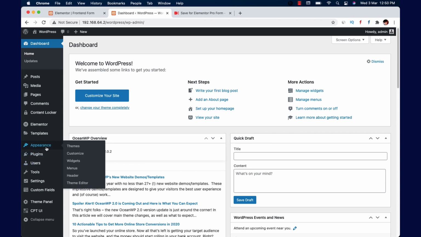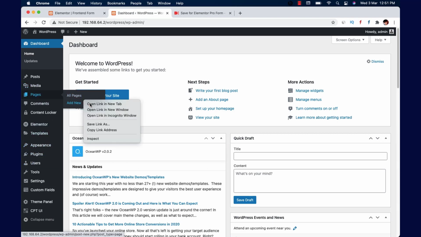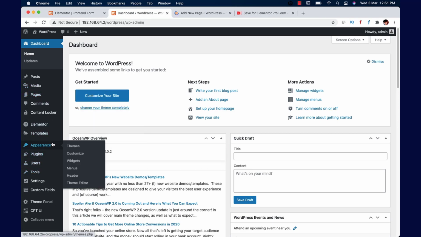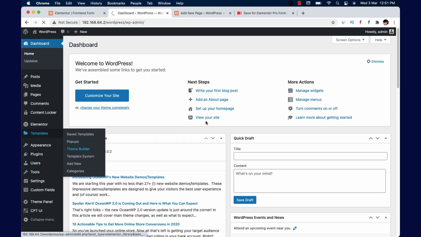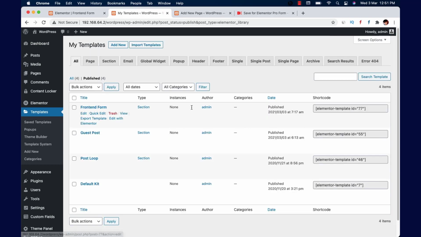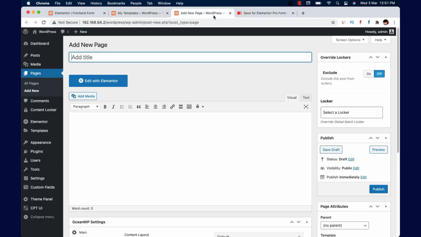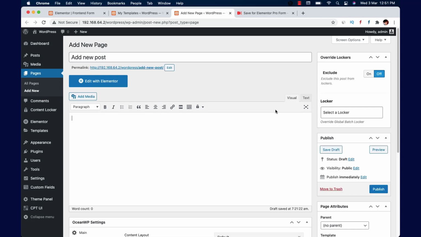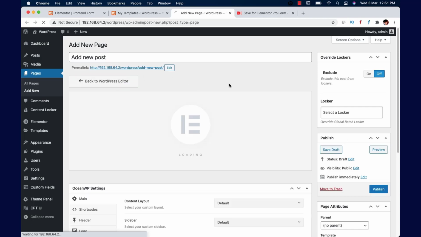Now let's get back to our dashboard, create a page, and here we have our templates, publish templates. Here, front end form, add new post. This will be our page. I have copied the shortcode. I will paste it in this page.